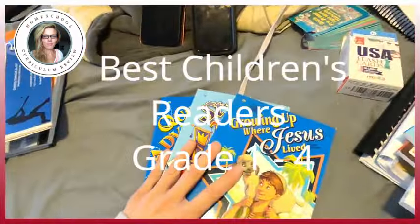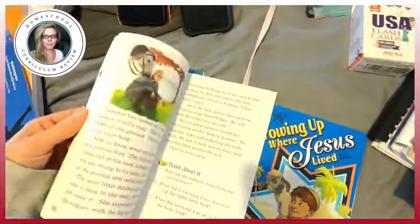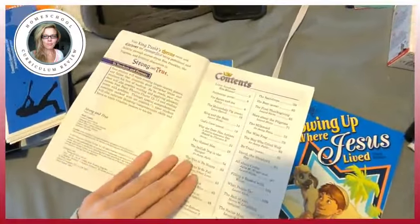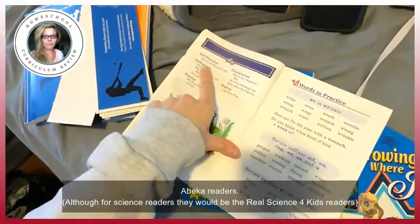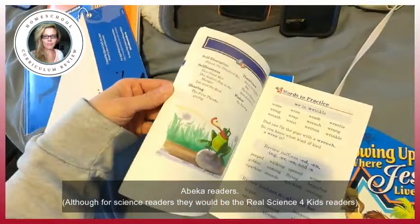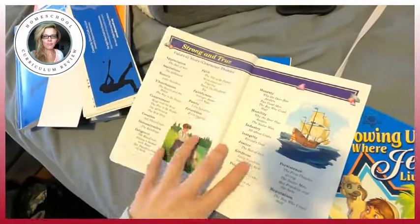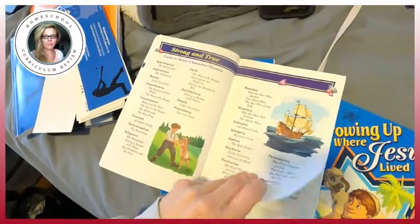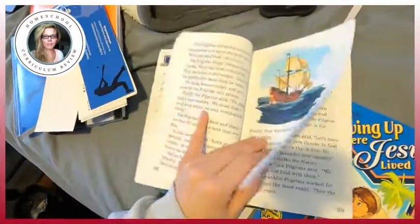Best readers by far to me are the Abeka ones, starting at about 1.5 through. The first couple are not that interesting. So let's see, I've showed you in these before. So Strong and True. It has all these characteristics that you are learning through the stories. Faith, faithfulness, different things, honesty. All right, and then you read the story, very interesting,